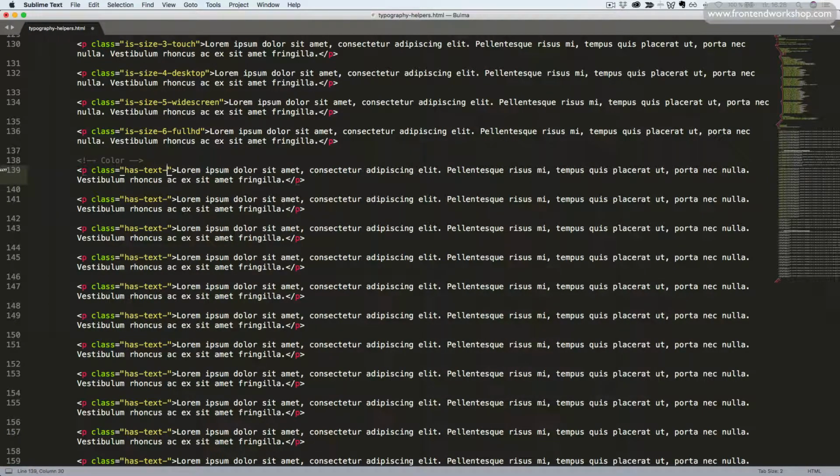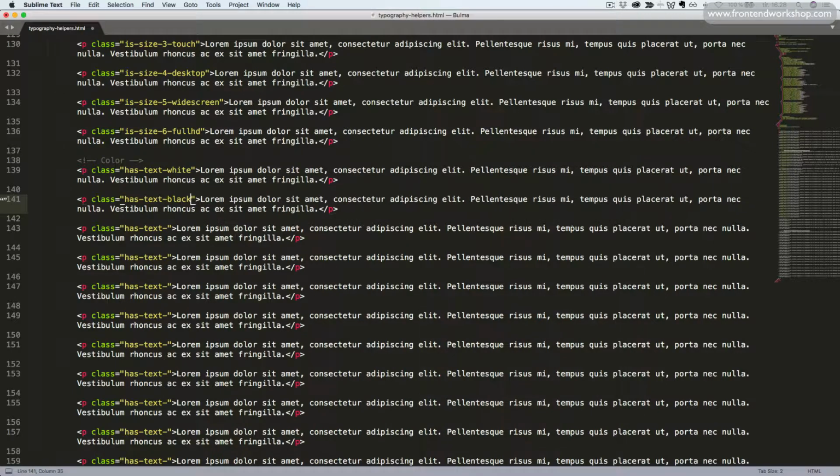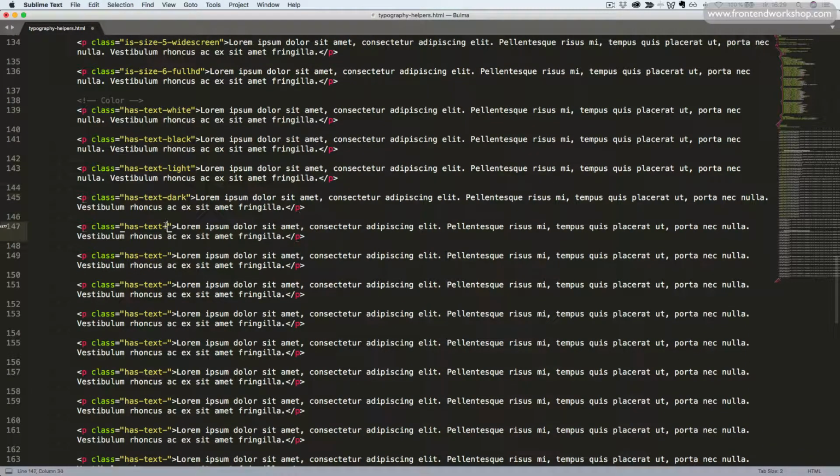So for the first example, we'll add white, then black, then light, then dark, and then we'll add the primary color,